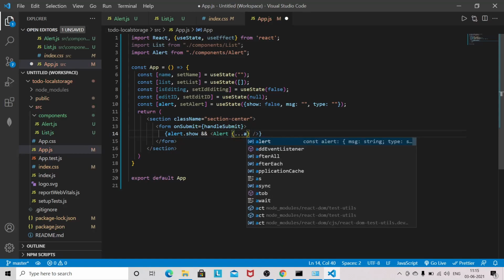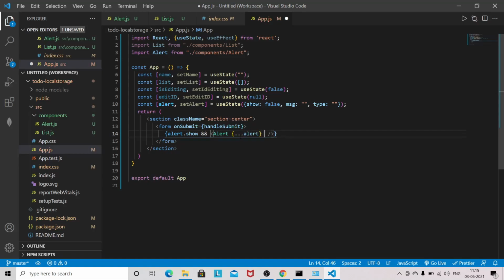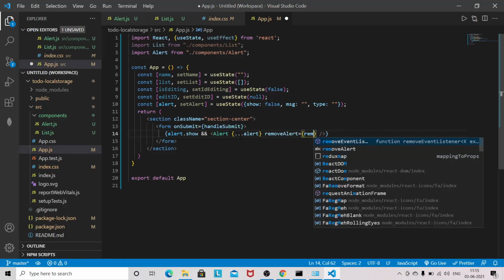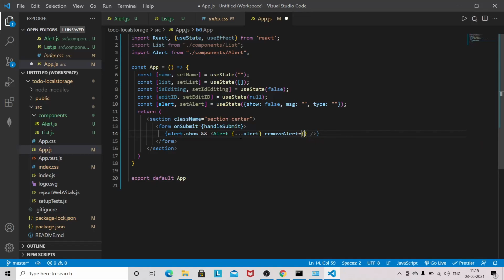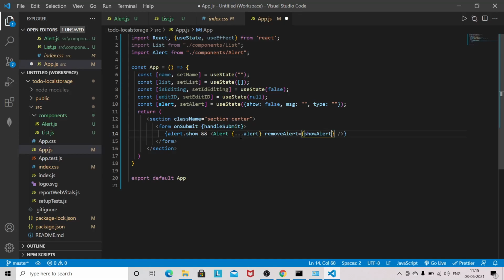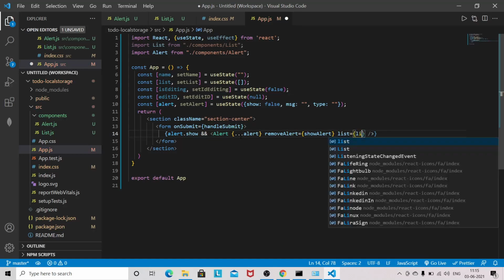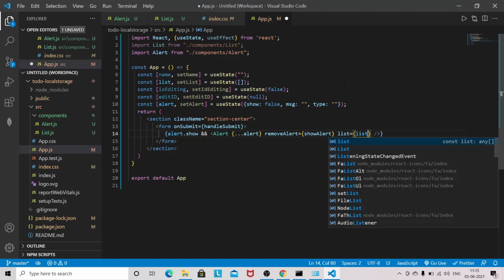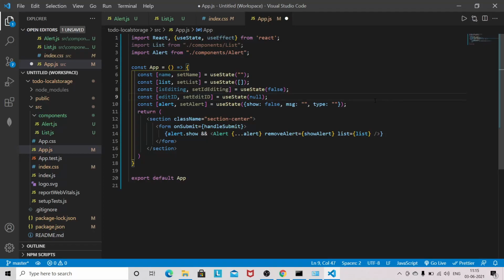Okay, so alert, removeAlert. So removeAlert means show alert. So we need to write all these helper functions. Let's first focus on designing this one.